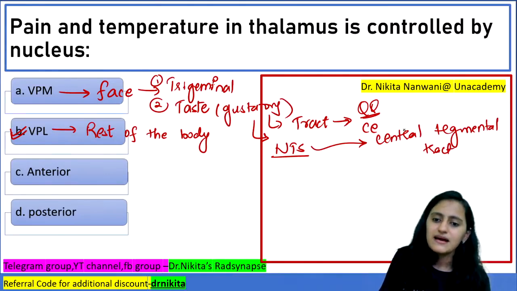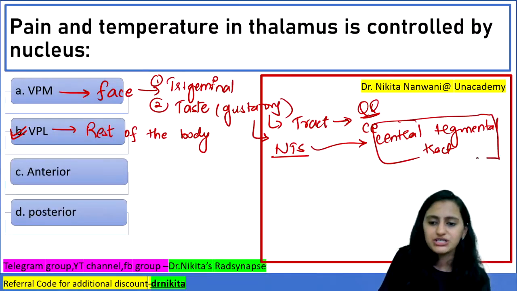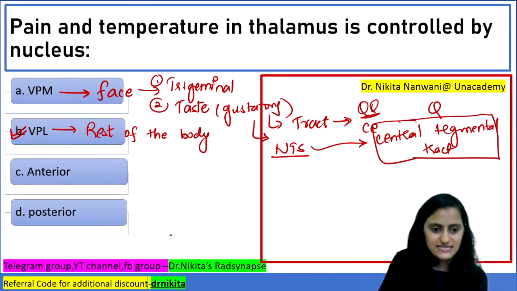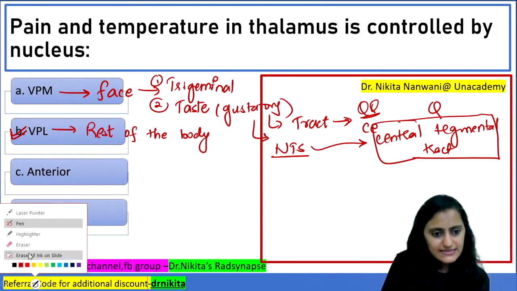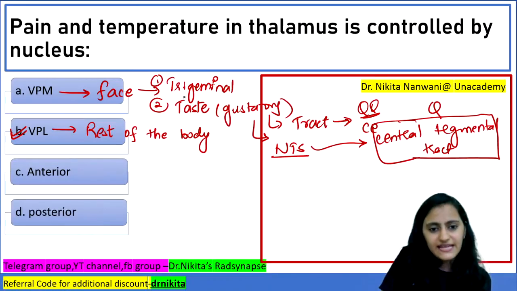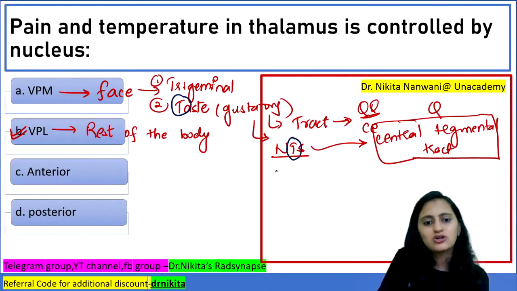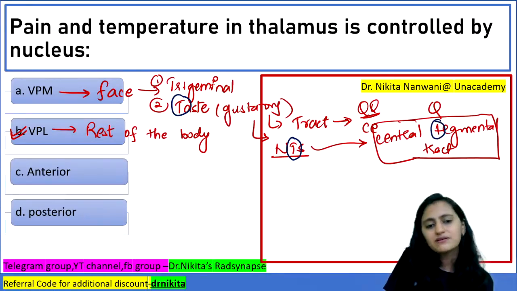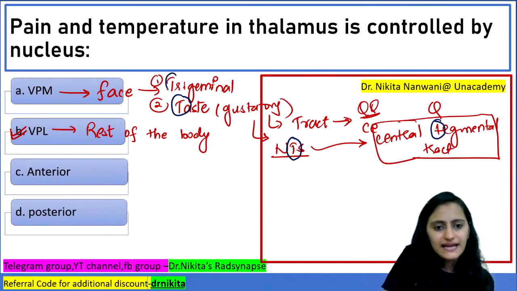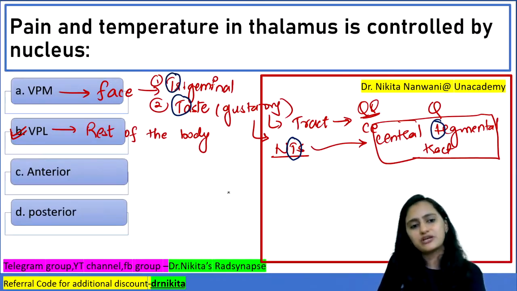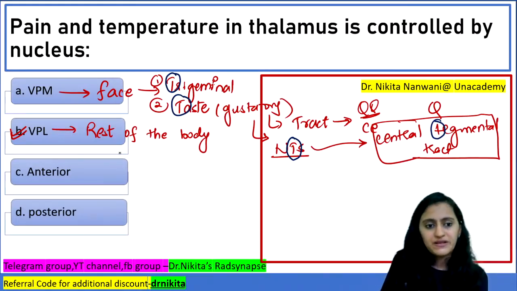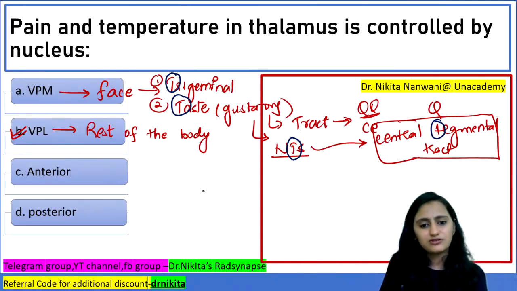Remember that they can ask you an indirect question. The central tegmental tract gives fibers to the VPM because it is taste. This is easy to remember: taste is tractus solitarius and it is the tegmental tract. So remember the T's. Along with taste goes another T, the trigeminal tract, and all of these are your ventral posteromedial, and ventral posterolateral is the rest of the body.